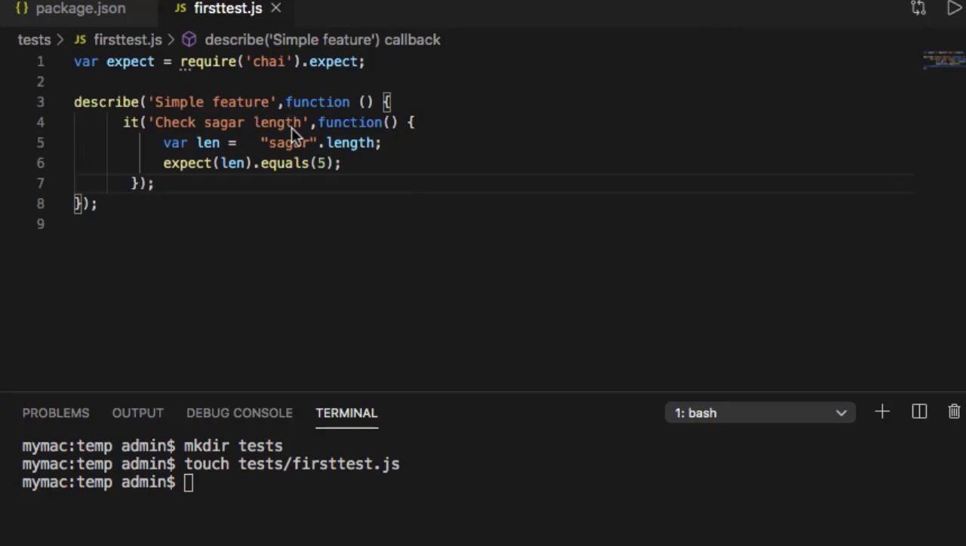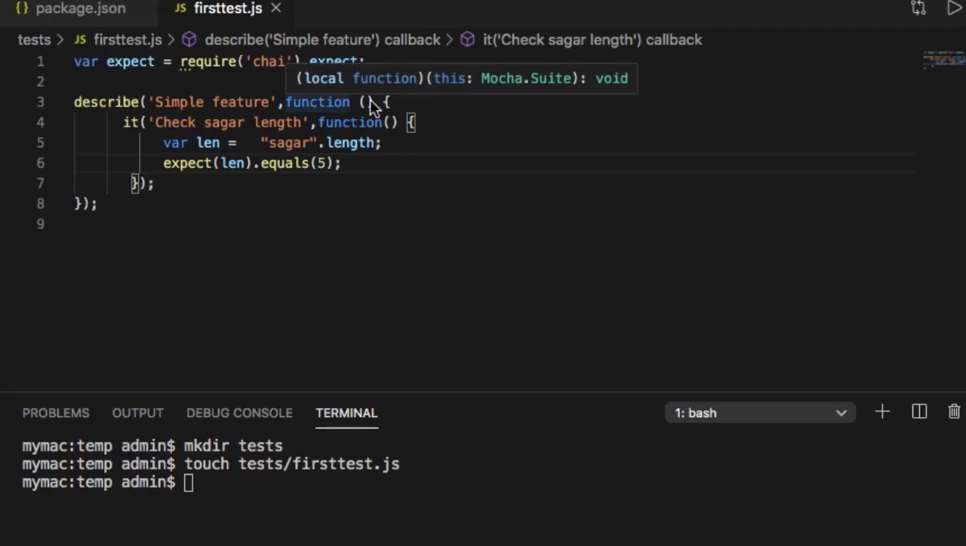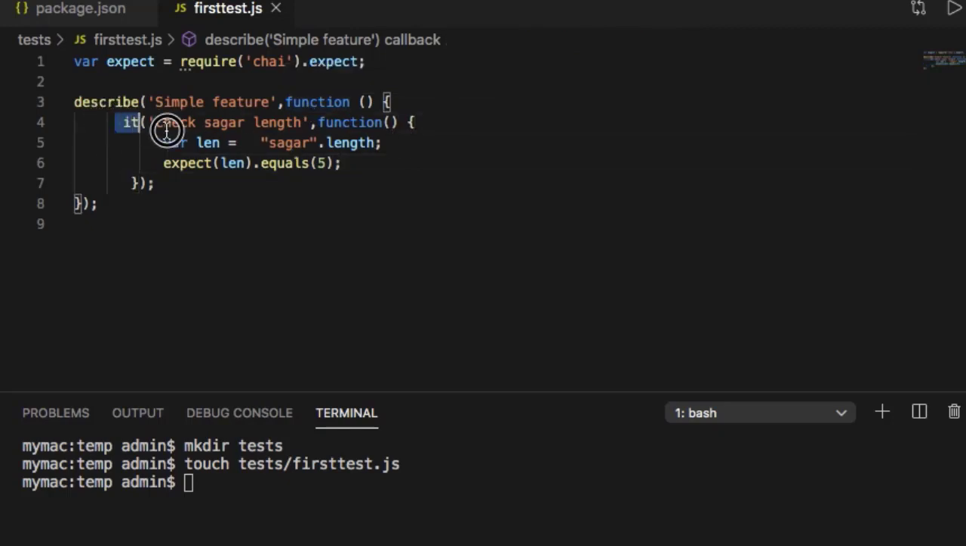So this is the syntax in JavaScript. If you are new to JavaScript, Node.js, then let me explain that this is the first parameter for this describe function, and this is the second parameter. The second parameter is basically another function. It's a callback function, you can call it. So in that function we have got this code,